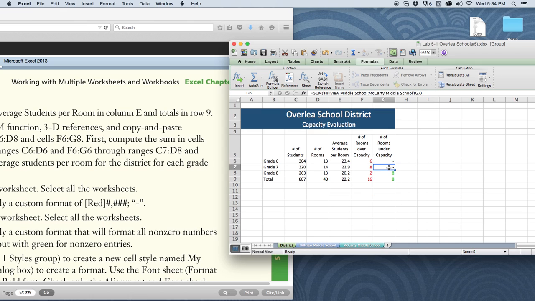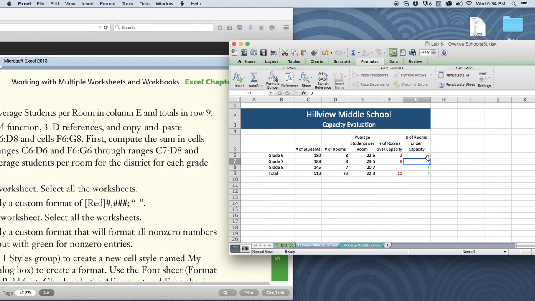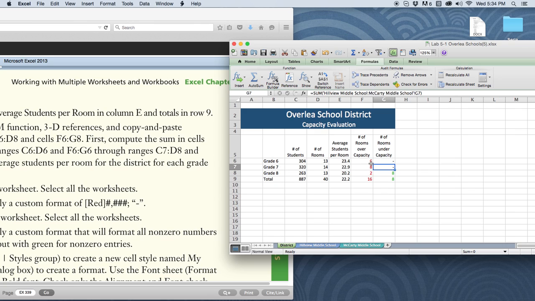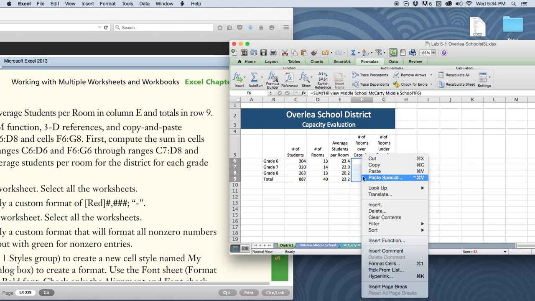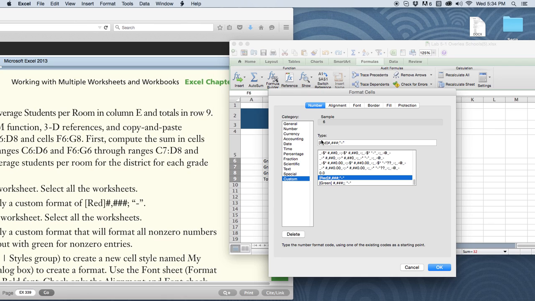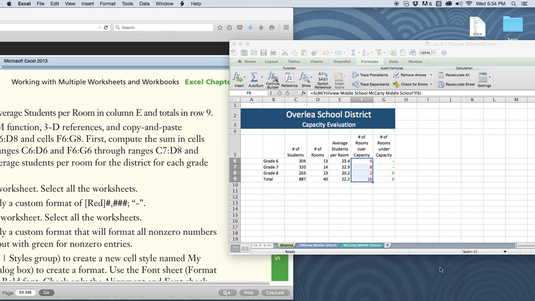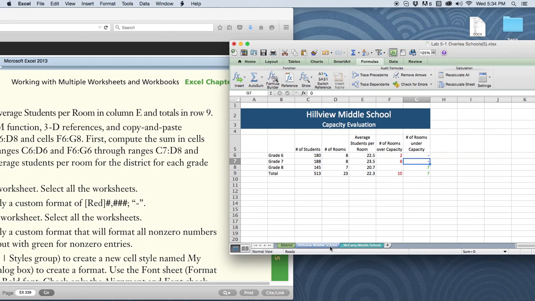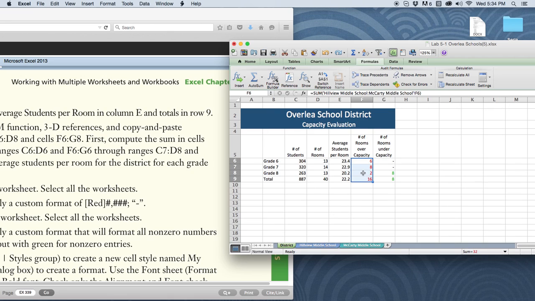Now you'll see that where I had zeros, it's put in the slash for me. So when I look at my other sheets where I had the zeros, it will put in the slashes for me. I'm going to look back here at formatting in my red format, and I'm going to see if I add another semicolon there and say okay. Oh, I forgot to select all of my